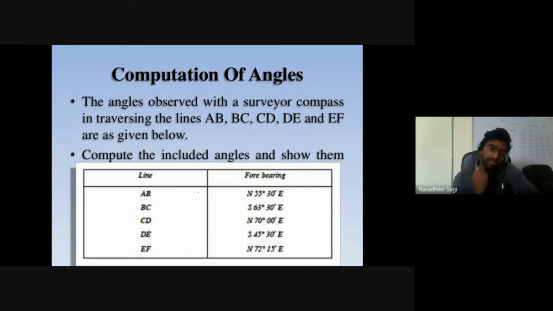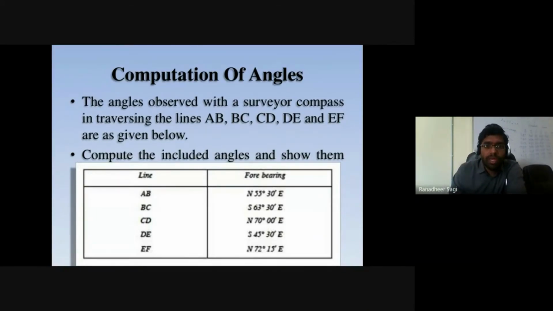Then what to do? We can still go ahead in solving it with the same quadrantal bearing data that we have with us. Because quadrantal bearing is nothing but a representation of the angle with respect to each of the survey lines. So we do understand how much angle each of those survey lines makes with respect to that reference direction. So we will try to draw the rough sketch, and in that rough sketch we'll indicate all those angles. That's it. Okay, so let's not worry much about whether the data is given in whole circle bearing system or quadrantal bearing system. It doesn't matter at all to find out your interior angle.